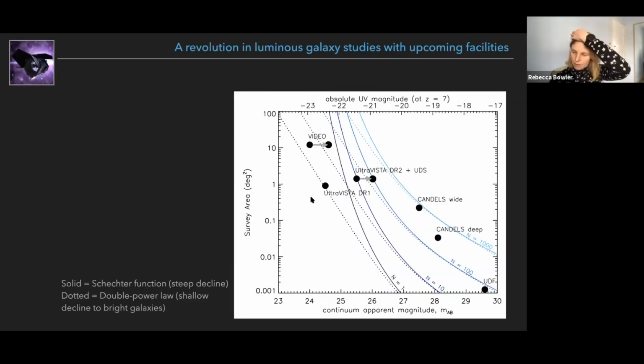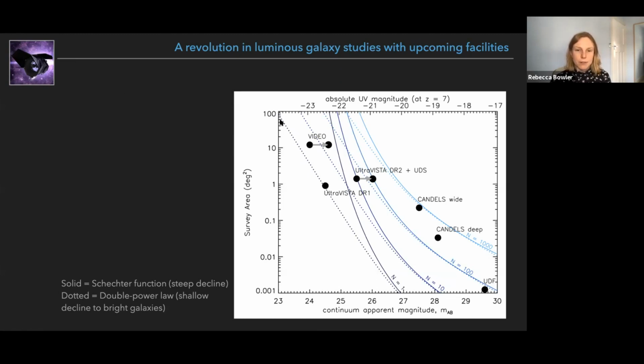Okay, so I think I have about 5 minutes left, so that's perfect. I'm gonna end my talk by looking to the future and how much better we can do in the next few years. And I'm going to illustrate this with this plot, which I actually dug out of my PhD thesis, which I quite like because it shows you how much further we've got and how much further we will go in the next few years from that time.